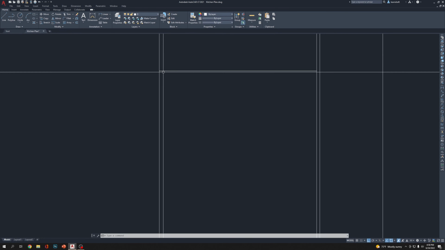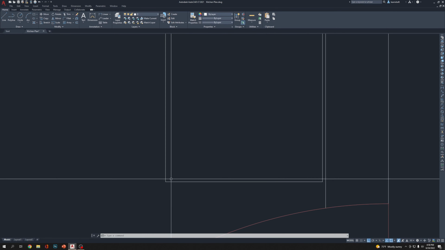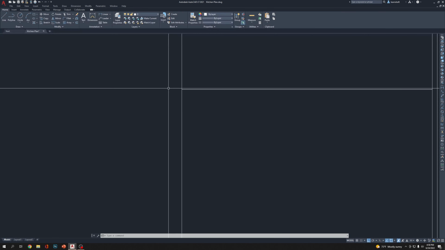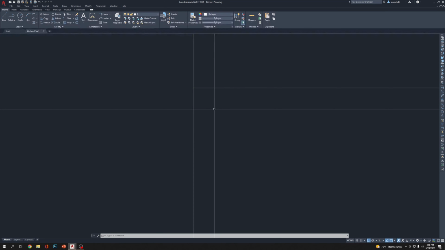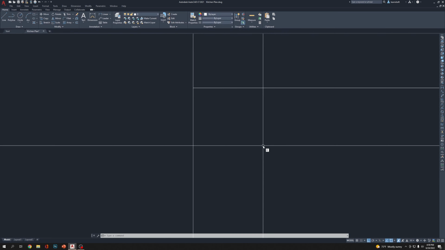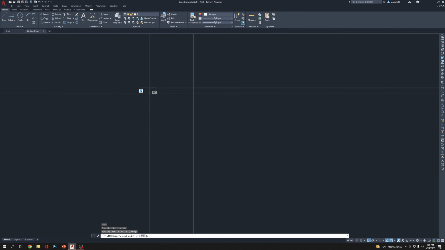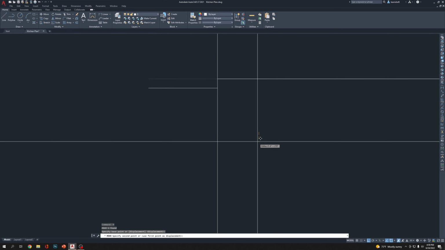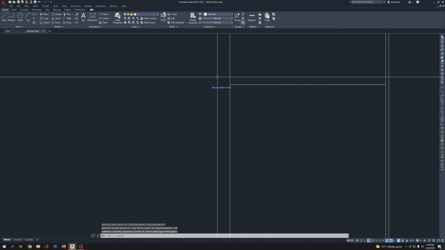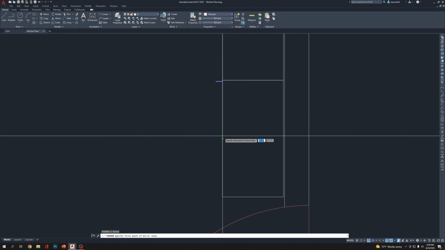So if you have 0.75 here and 75 here, then you need to know that your door should not be smaller than half an inch. Yeah, so let's draw a line here. Click here, just draw a line, and then move it like 0.25 and mirror this line to the other side,